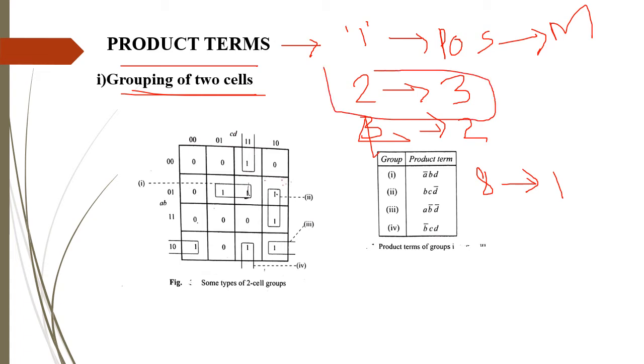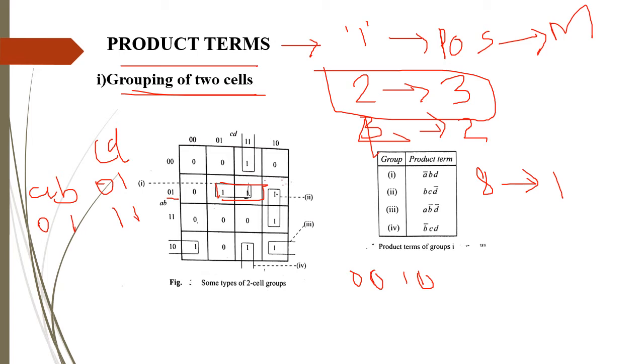If you check this first grouping, I can group these two together because they differ in just one literal, that is 01 and 11. There is only one bit difference between 01 and 11, that is AB and CD. So I can group this. Writing the expression for this, you have AB as 01, CD as 01 and 11. So write AB as it is.